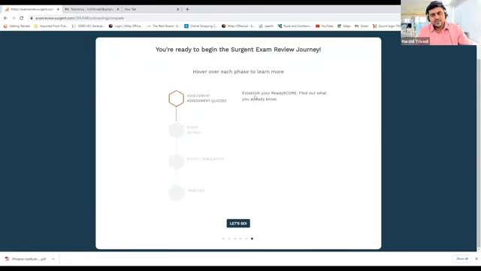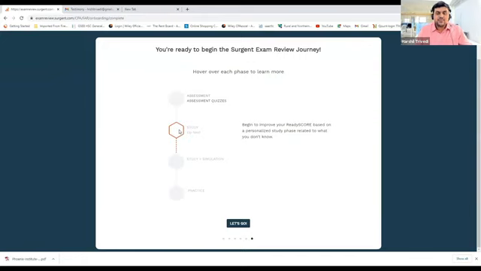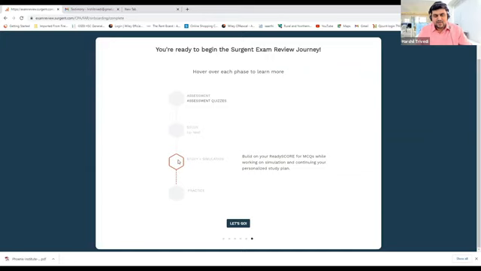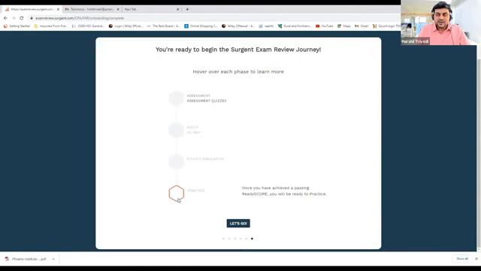Now the software is saying you need to establish your ready score. This software will go through 4 different modules, assess you, and tell you in which area you are weak. You have to practice and study more in those areas so that you can get a proper ready score. What is ready score? I'm explaining that right now. Then over here you have to practice, study, and do some more simulations. Once you've done this, there are practice sessions in which you can take practice examinations. In the Sargent software, there are unlimited practice examinations that you can conduct. There is no limitation here. You can take n number of practice examinations in this section.